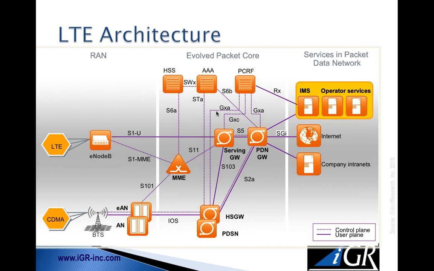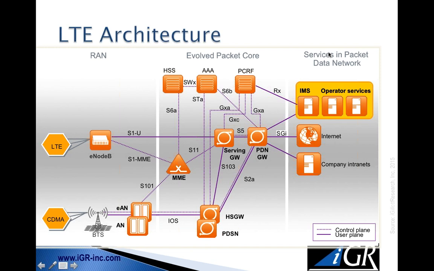And if you'll notice, it's got control functions down here to the rest of the network, and that's how it does that. The MME is the mobility management entity, and that's actually connected to all of the base stations. So that is what actually controls your connection as you move through the network and move from base station to base station. Very powerful entity, that one is, as you can imagine.